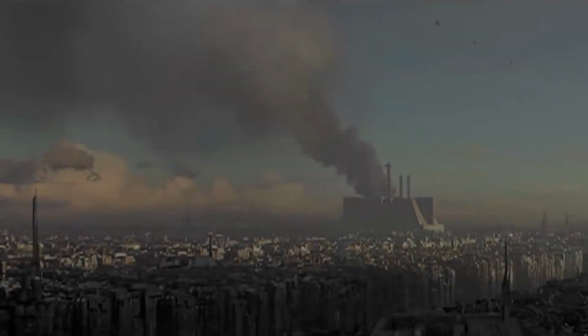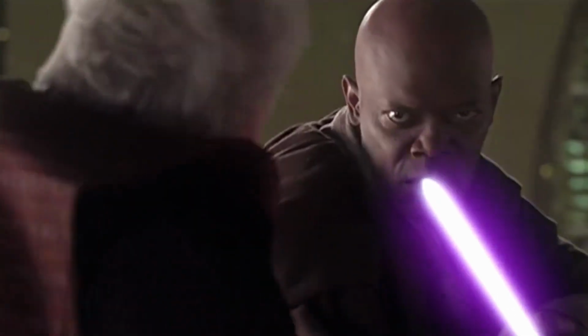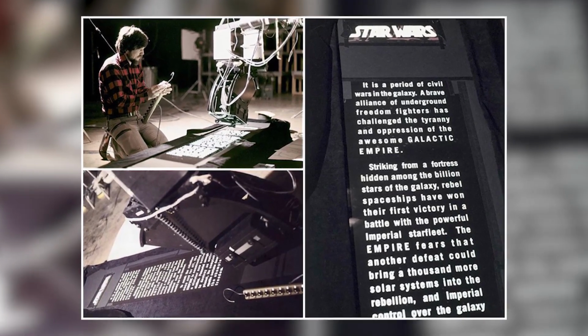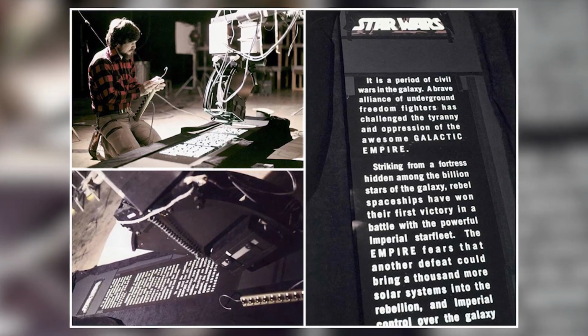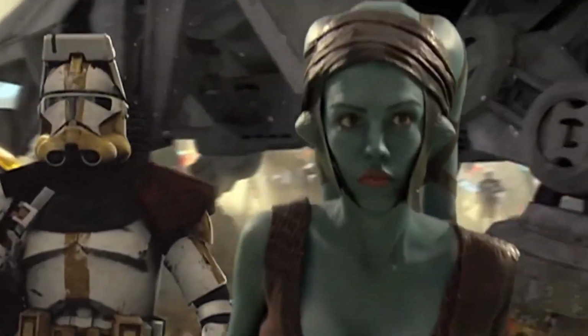The crawl has basically been the same over the original trilogy, the prequel trilogy, and the sequel trilogy. In the first movie, it wasn't even a text animation. It was a simple effect made with a glass panel and a moving camera. Yes, back in the days, it wasn't even possible to create an animation like this on a computer.